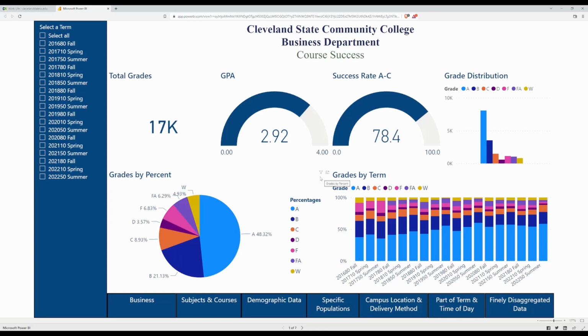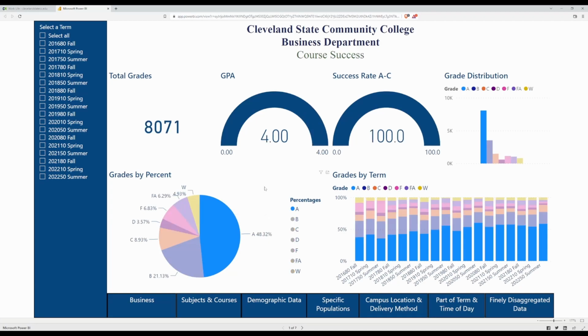There are 2 ways to filter data. The first is to click on a section of a graph or table. This will filter all the other graphs to highlight the intersecting data. For example, if we click A on the grades by percent, you can see that all the other graphs change